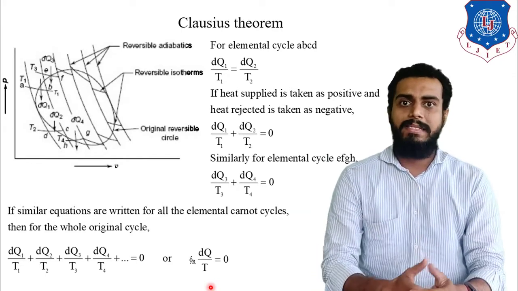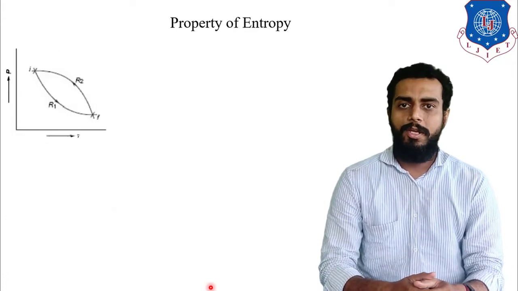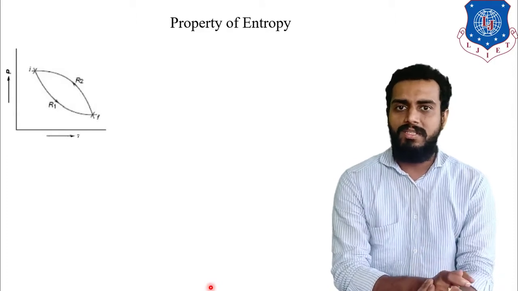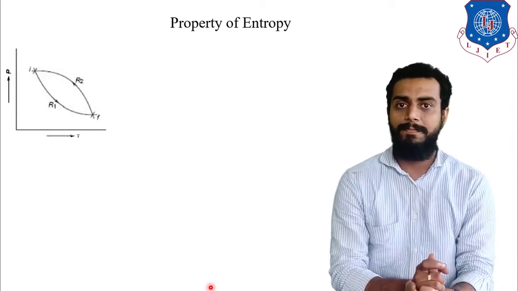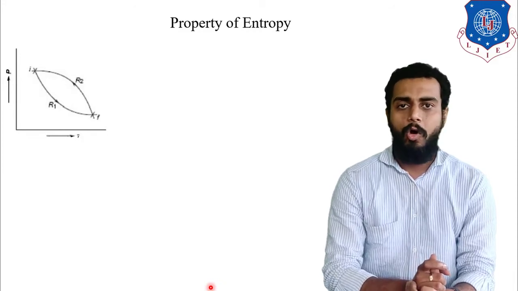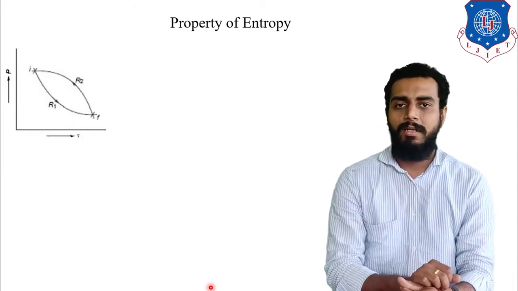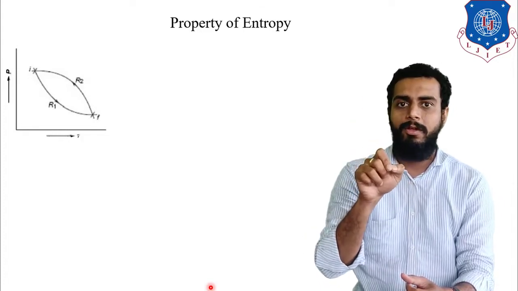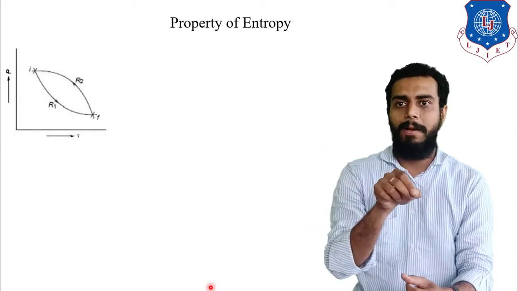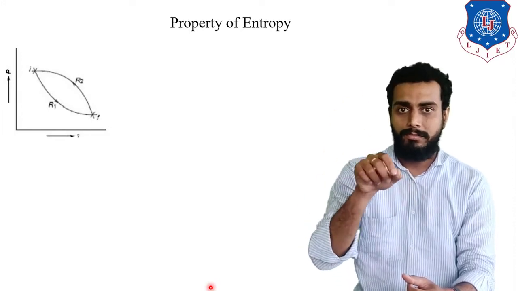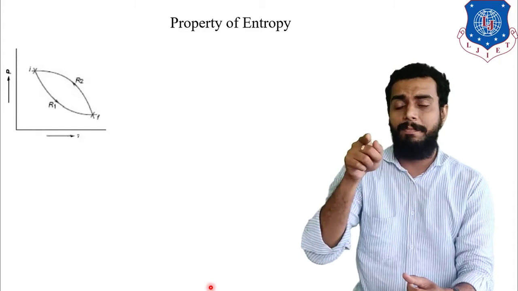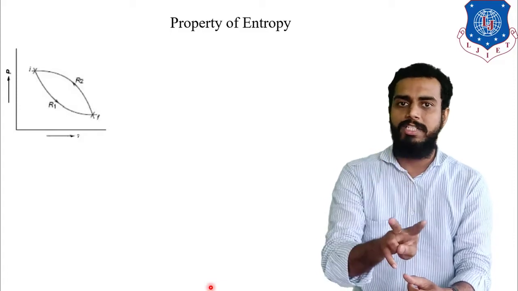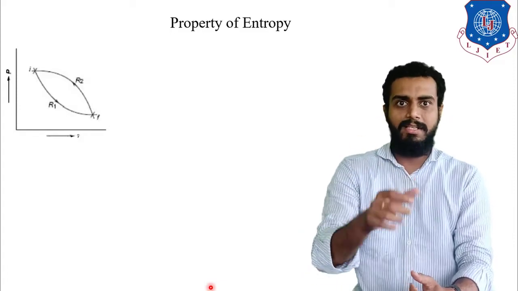Let us discuss the next topic, that is the property of entropy. In order to understand that, let us consider the diagram shown on the screen. As you can see, we have pressure on the y-axis and volume on the x-axis. On this, we have two paths for the end states I and F. If you follow the R1 path, you can go from I to F, that is reversible path 1. And if you follow the R2 path, that is reversible path 2, you can go from F to I. These two paths, R1 and R2, are both reversible, and they constitute a reversible cycle.